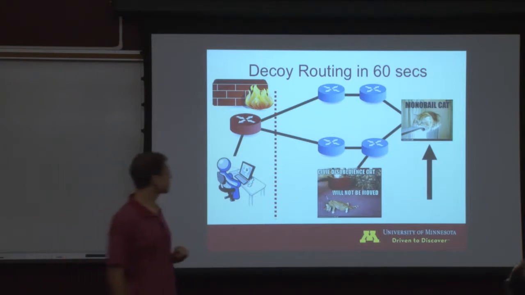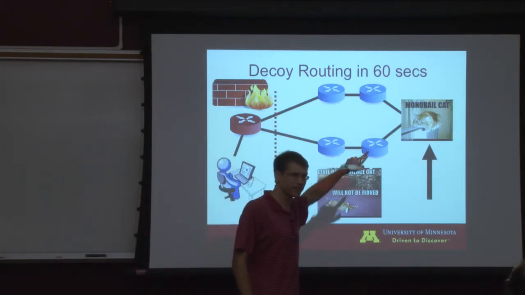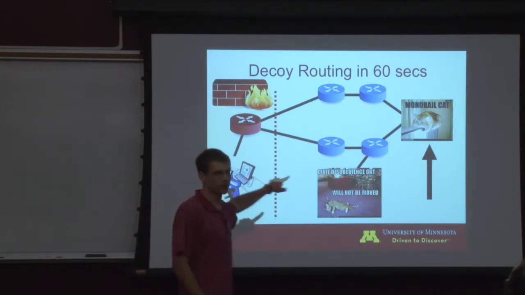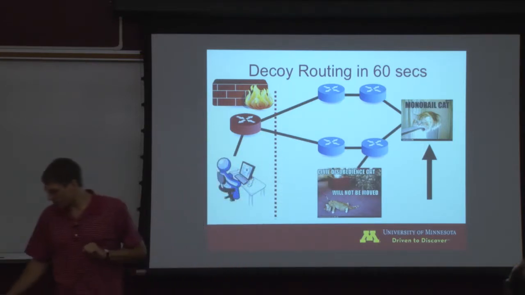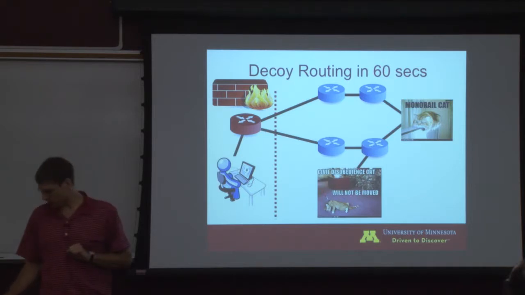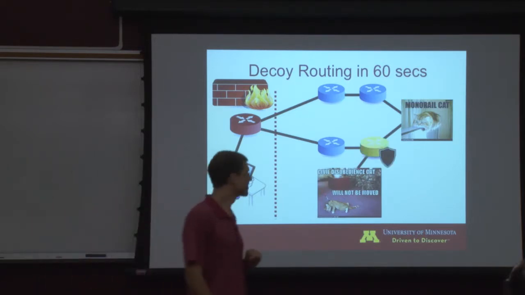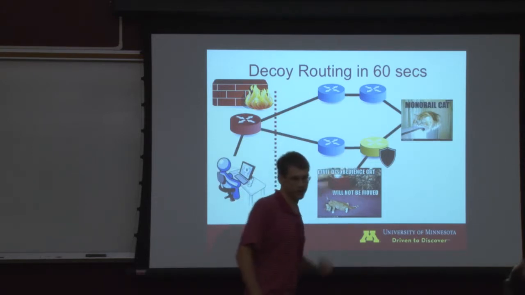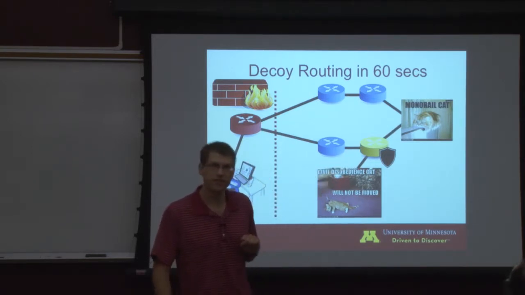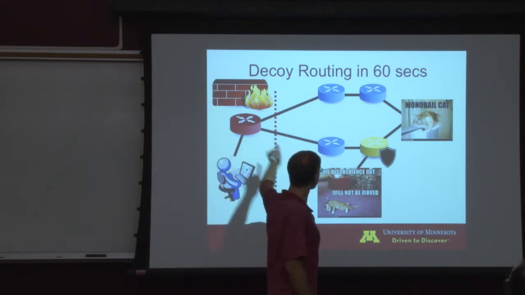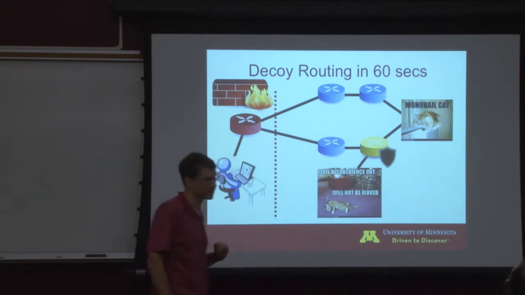The client knows that it could send something to Monorail Cat, but of course it wouldn't get content back from Civil Disobedience Cat. But the idea behind decoy routing is, well, what if one of the routers out on the internet was willing to help us? If there was a router sitting in between the client and Monorail Cat, maybe